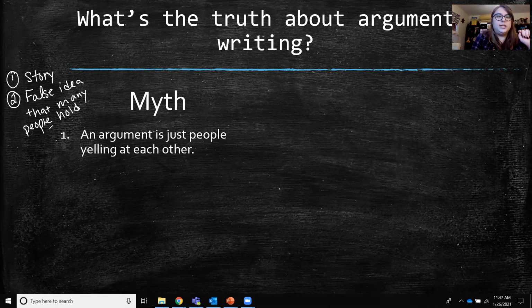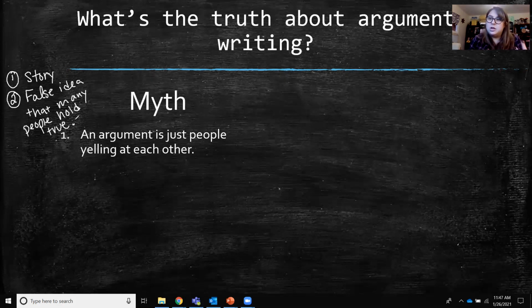One good example of a myth that I've heard recently is that there is a group of people that believe that the earth is flat, even though there is a ton of scientific evidence that says that the earth is round. That's a good example of a myth, because it is something that we can prove to be untrue, but there are still groups of people that believe in it. So we're going to be using this second definition of myth here